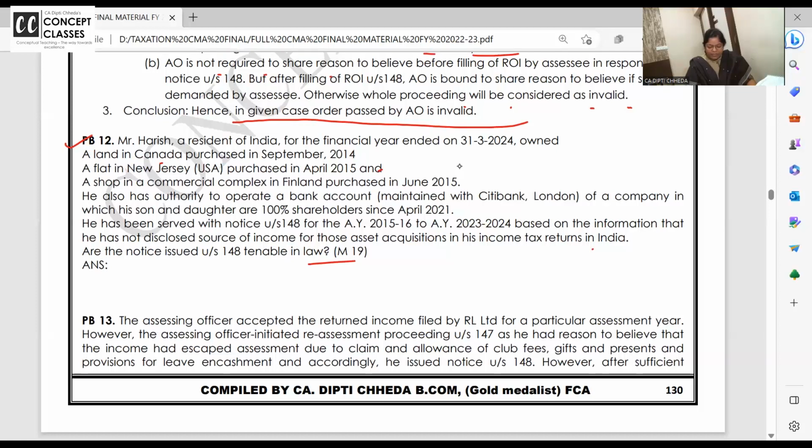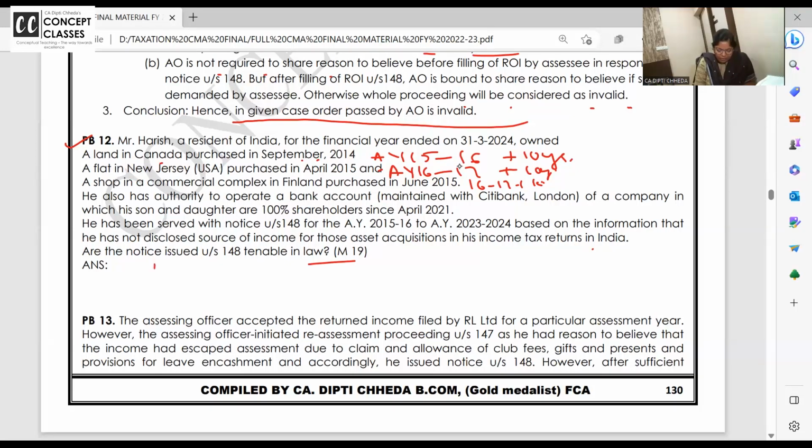तो when did you purchase the land? September 14. So 14-15, so assessment year 15-16. 15-16 और अभी चल रहा है 20-23. 10 years are not over. So can we issue the notice? 15-16 plus 10 years? Yes. April 15. The assessment year 16-17. वहां से 10 years तक. June 15. Same. 16-17. Are you all getting? If you have a signing authority outside India, notice for reassessment can be issued for 10 years. That's what is the answer.